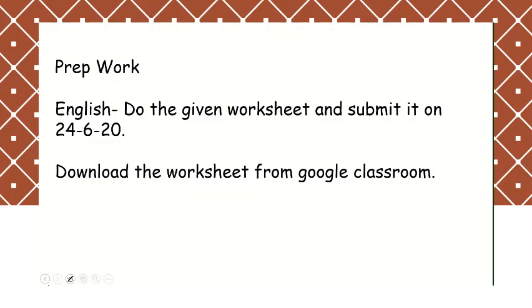Checking in the way I can just give you a small remark, well done or good work, something like that. I will send a message back to your mama. If you are not able to print the worksheet, it's okay. You can keep 1 extra book and you can write down the worksheet in your extra book.